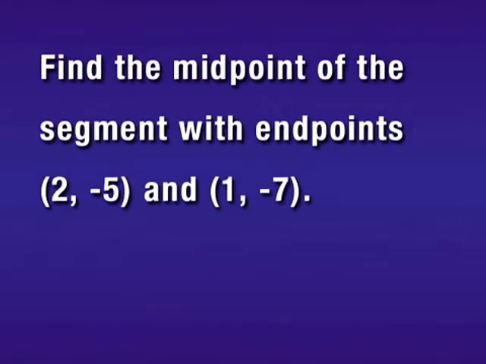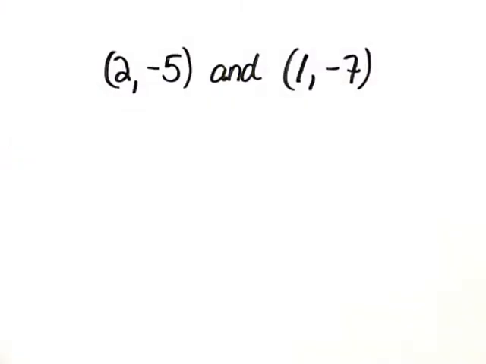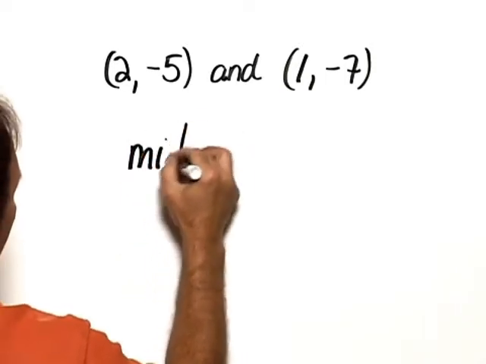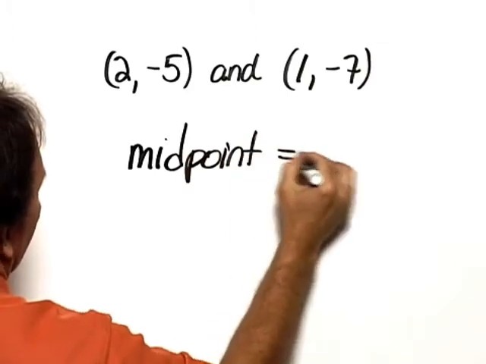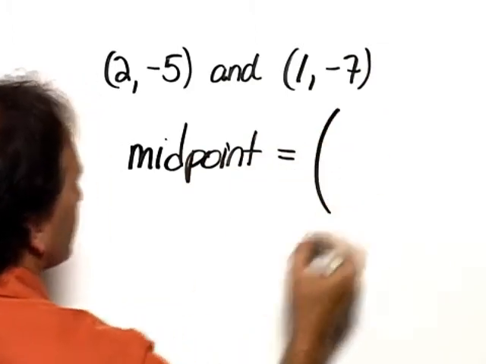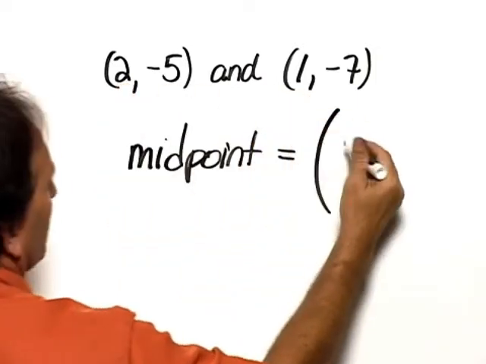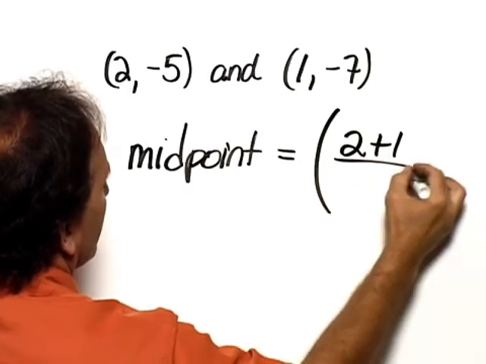Solve, give exact answers and approximations to 3 decimal places. Find the midpoint of the segment with endpoints (2, -5) and (1, -7). I have the 2 points on the board, and now we want to use the midpoint formula. And the midpoint formula tells us that the x-coordinate is the sum of the 2 x-coordinates, 2 plus 1, divided